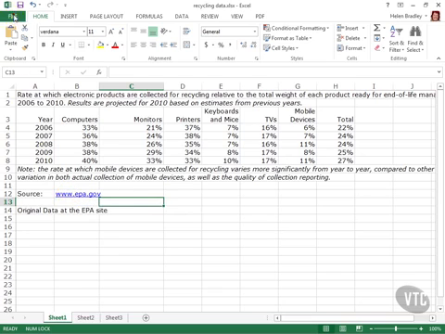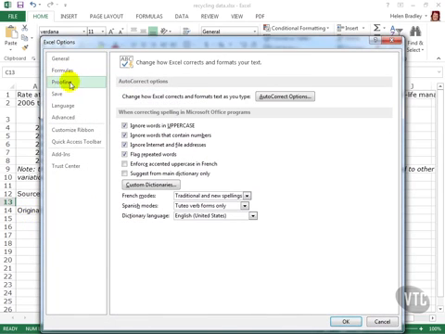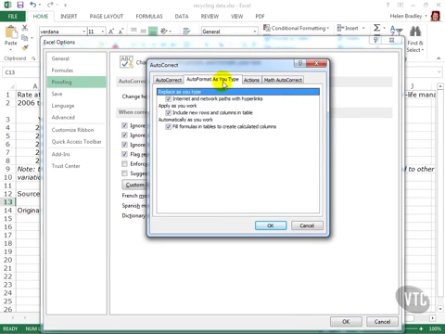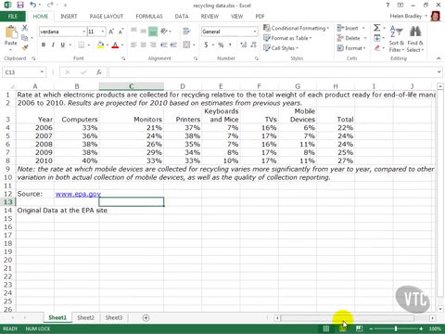To do this, choose File and then Options, and then click the proofing group here and click Autocorrect Options. Click Auto Format as you type and make sure that Internet and Network Paths with Hyperlinks is checked. If not, check this box and click OK and then OK again. That option forces Excel to recognize URLs and email addresses when you type them into a cell as being a